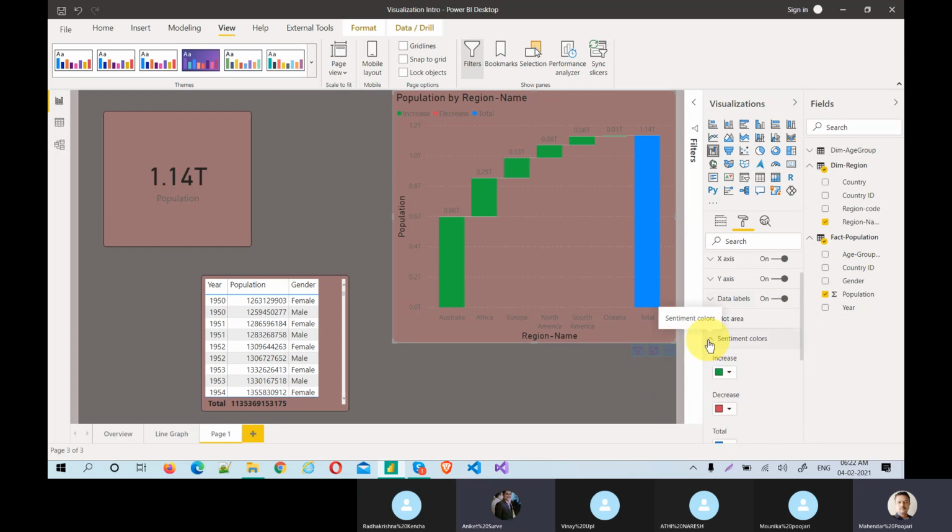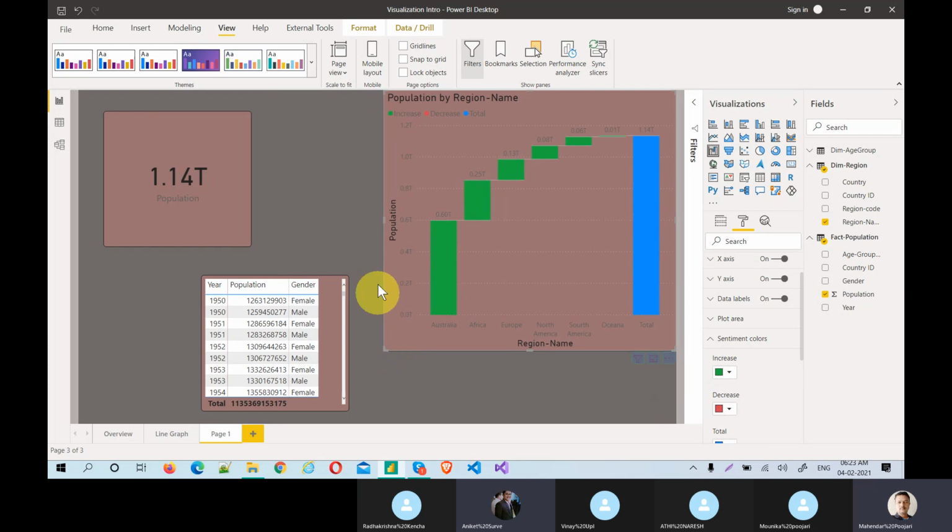Sentiment colors. Again, because that becomes a headache for every developer, right? If somebody is working in a center of excellence team, we have to create a protocol, and that has to be static across the whole organization. That's where themes come into the picture. That is what I was trying to do, create a generalized theme for the whole organization. But I don't think this is a viable solution because there are a lot of things which don't work here. So we have to create a separate JSON itself. You cannot write any JSON outside.